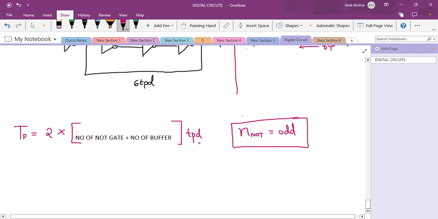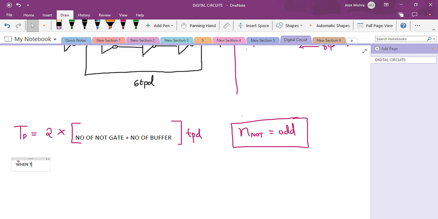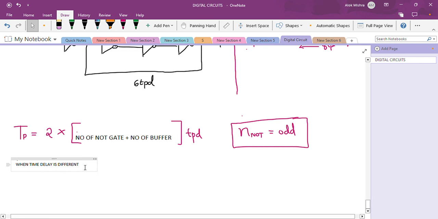In this case we are treating TPD as the same. So when the time delay is the same, your time period will be like this. When the time delay is different, in that case